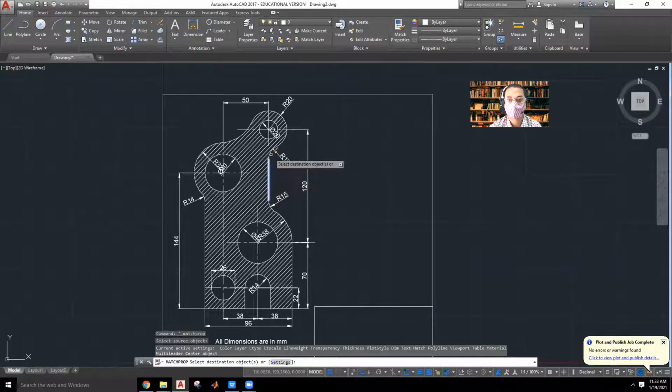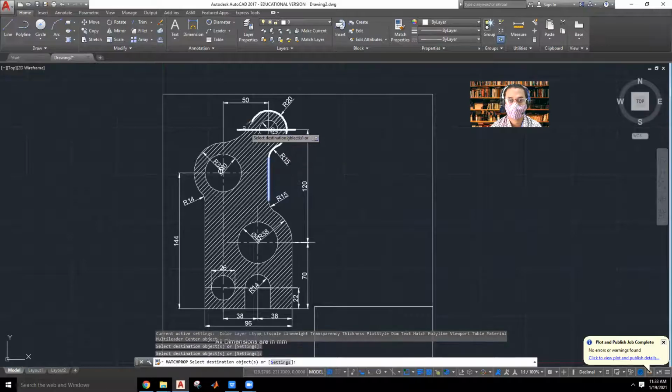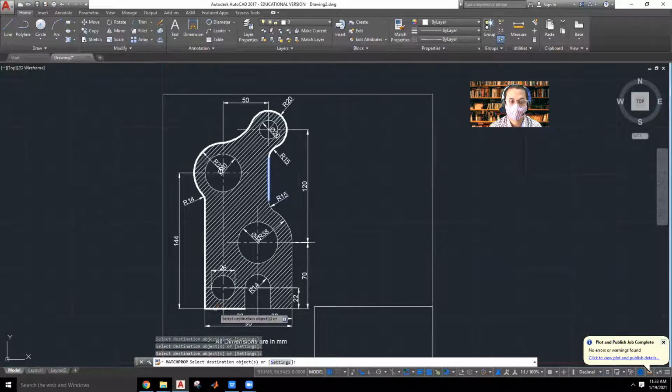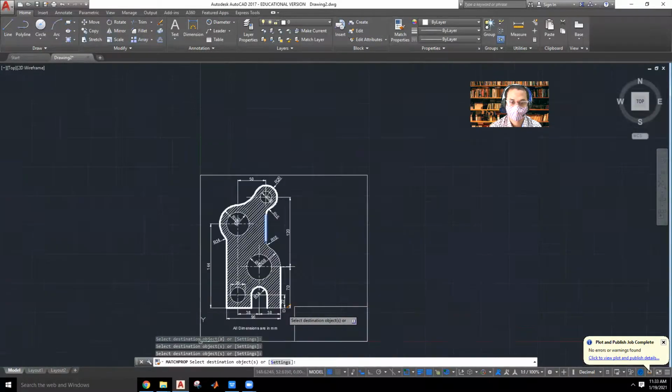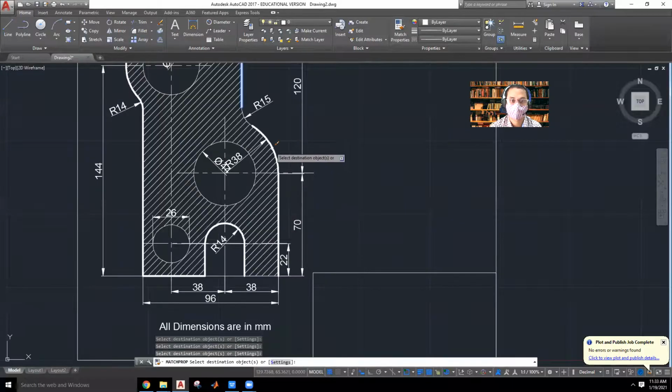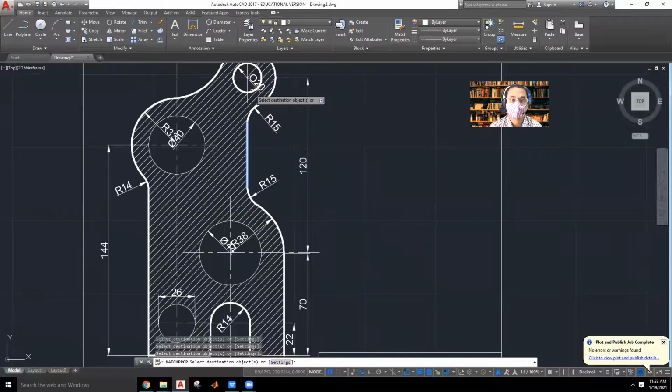So select match property. So source object, so I'll select, then this will be a destination. You have to select all the destinations wherever you require these things. You can make all these things. Only make sure that the outer profile is given correctly. So just selecting everything, I'll be changing it afterwards. Just to highlight the internal holes.